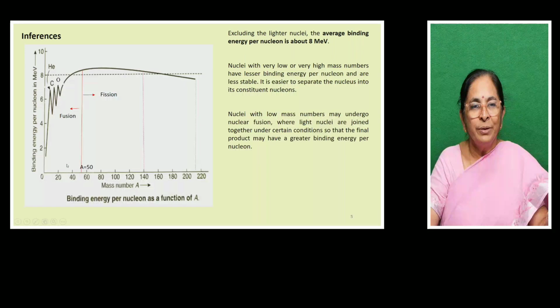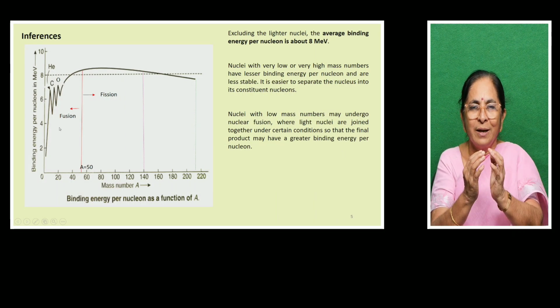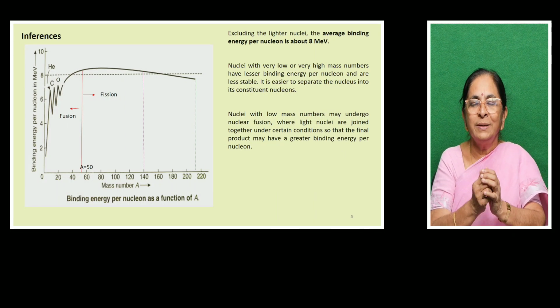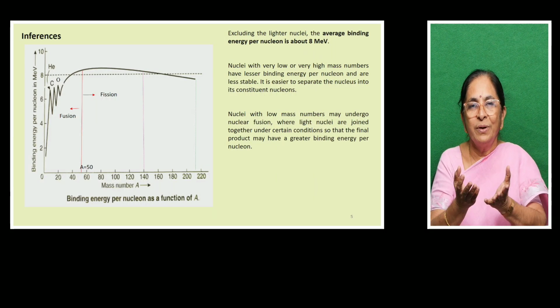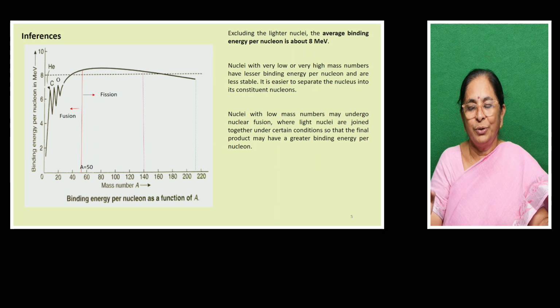This energy can be converted into electrical energy and supplied for our electrical needs. So even elements with low mass number can be made to undergo fusion reaction, and by this lighter nuclei can combine and form a new nucleus. Due to this combination, an enormous amount of energy can be released, which can be put into application. In the same way, for elements with higher mass number, the binding energy per nucleon is less, so they can easily disintegrate. Above A equal to 50, those elements can undergo fission. Fission means